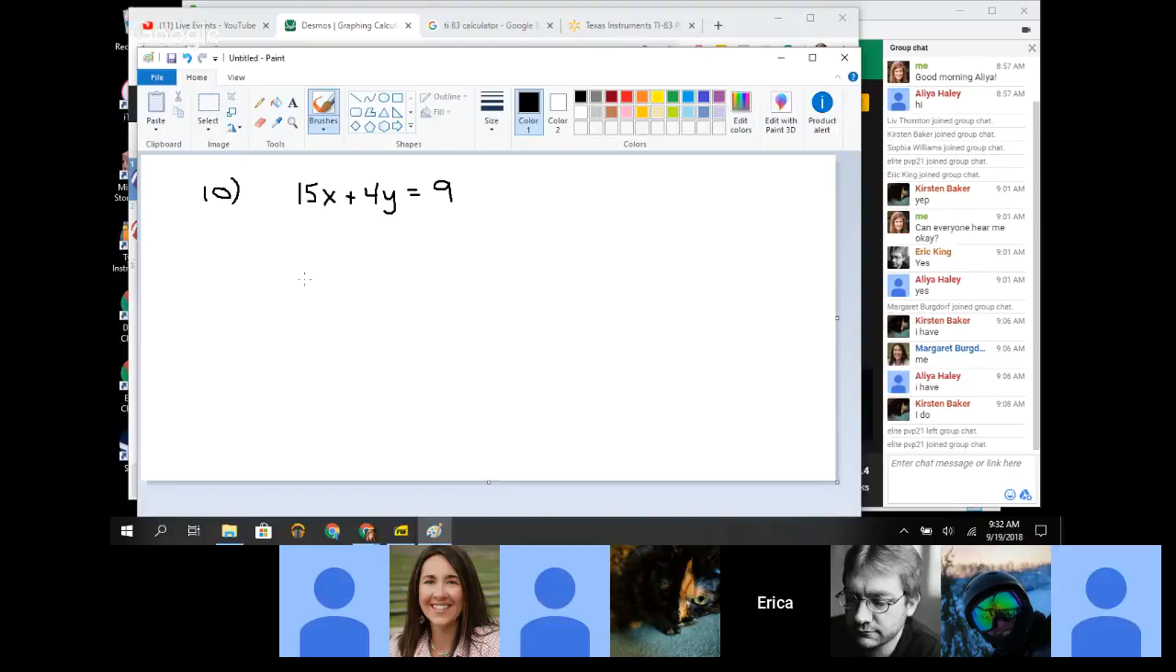That's what I should have been saying. We want to solve the equation for y. Okay, so we want to make it y equals something. In order to do that, we need to move everything else that's not y to the other side of the equation. The first thing I'm going to tackle is this 15x because it's a term all by itself. So I can subtract